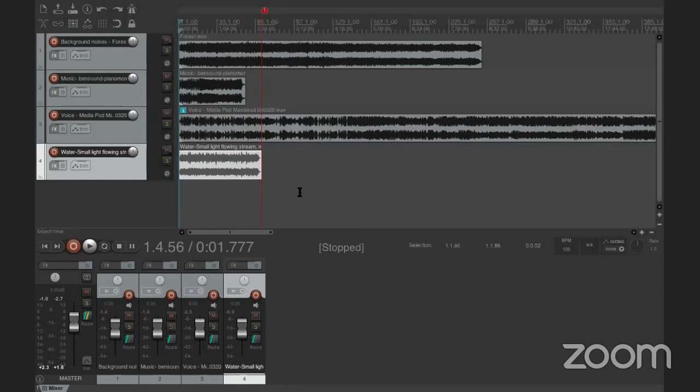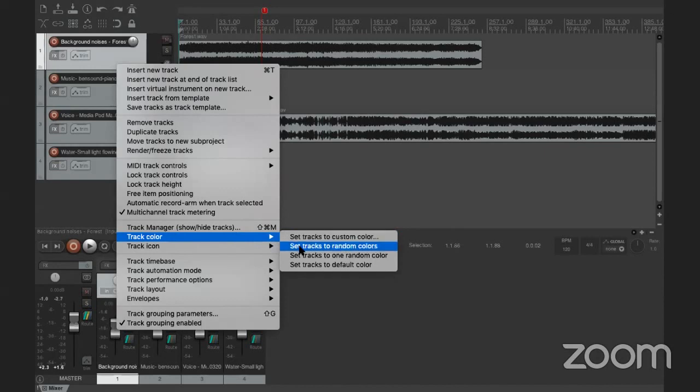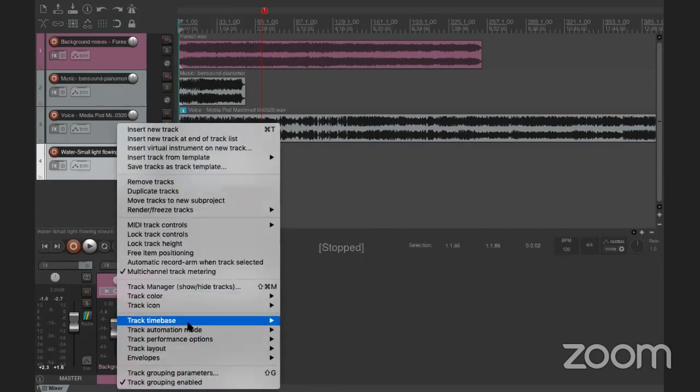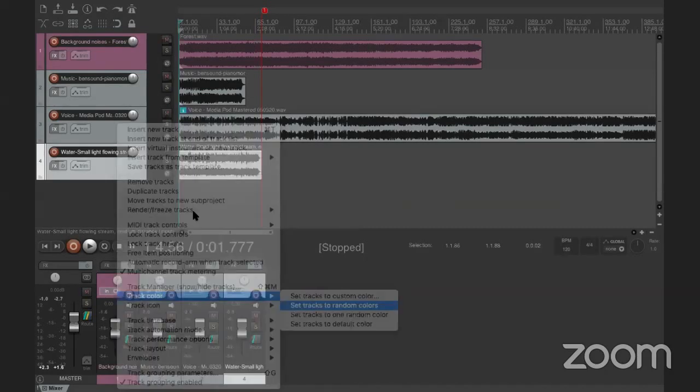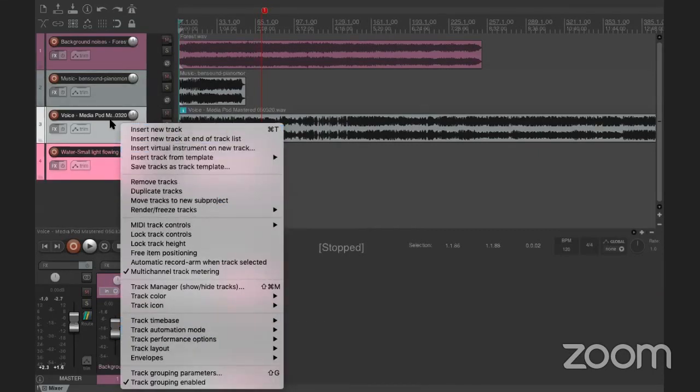So, alors, one of the other things that I wanted to show you is, imagine you're working with even more different audio files. Something that can be useful to know is that you can change the color of this track here. If you need every single one of your tracks to have different colors, for example, if you need the two background noises to have a particular color and the voice to be another color, you just right-click,